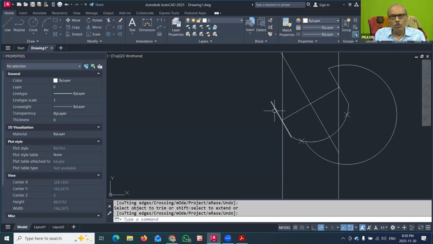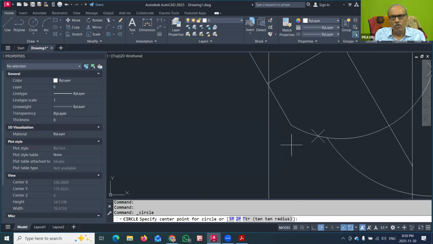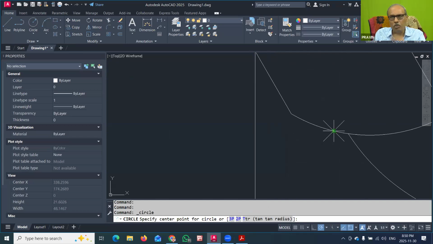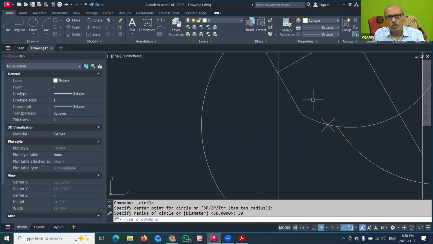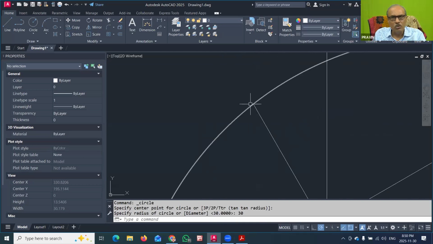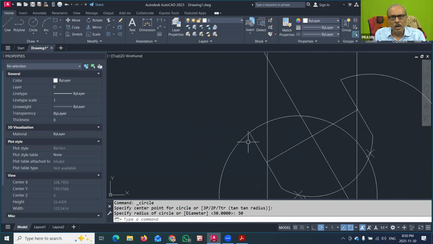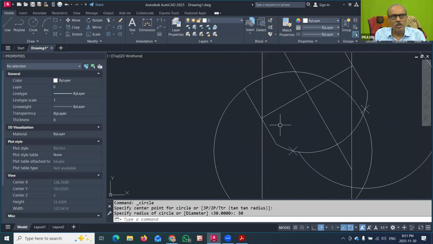Now same thing you have to do it here. So again I will go to the circle command and now at this I will pick this point by using the node. You can see that the node word was indicated there because the node object snap option we have made it on. So this is the center and you can give the radius of the circle as 30. So you can see that it exactly passes through this edge. Now we have to delete the unnecessary part of the circle.